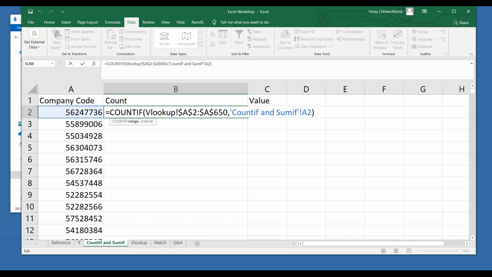In this case, the criteria is the company code. While selecting the range, you have to put proper dollars so that your range doesn't change once you drag the formula. So this is how your formula looks. Once you are done, press enter and double click, so the entire range will be filled.